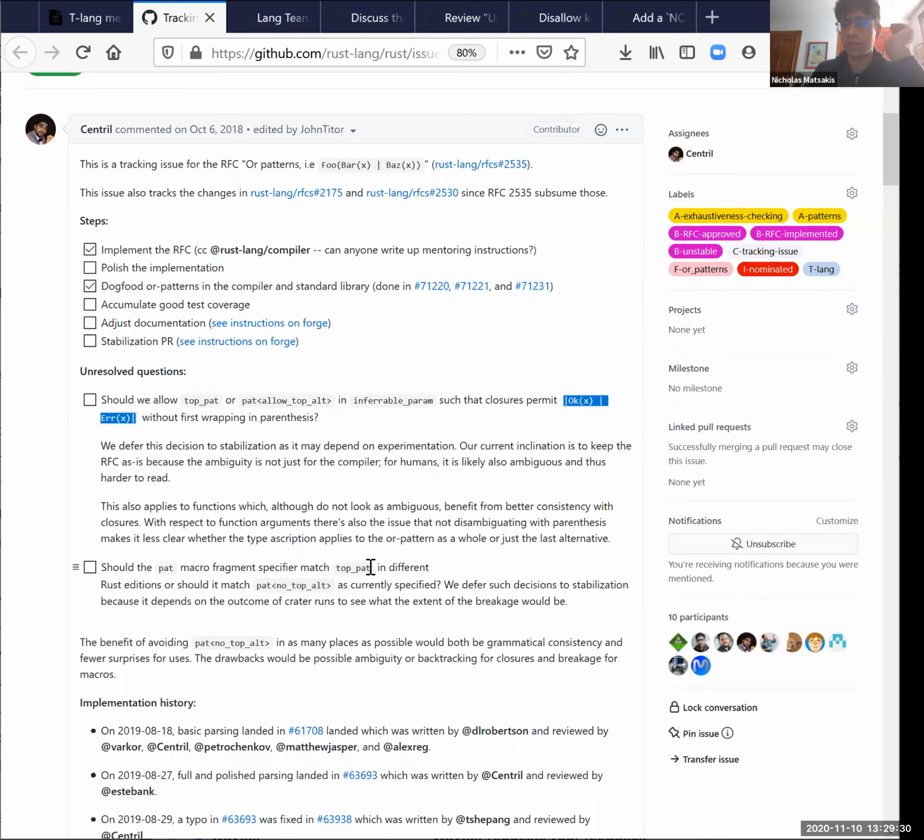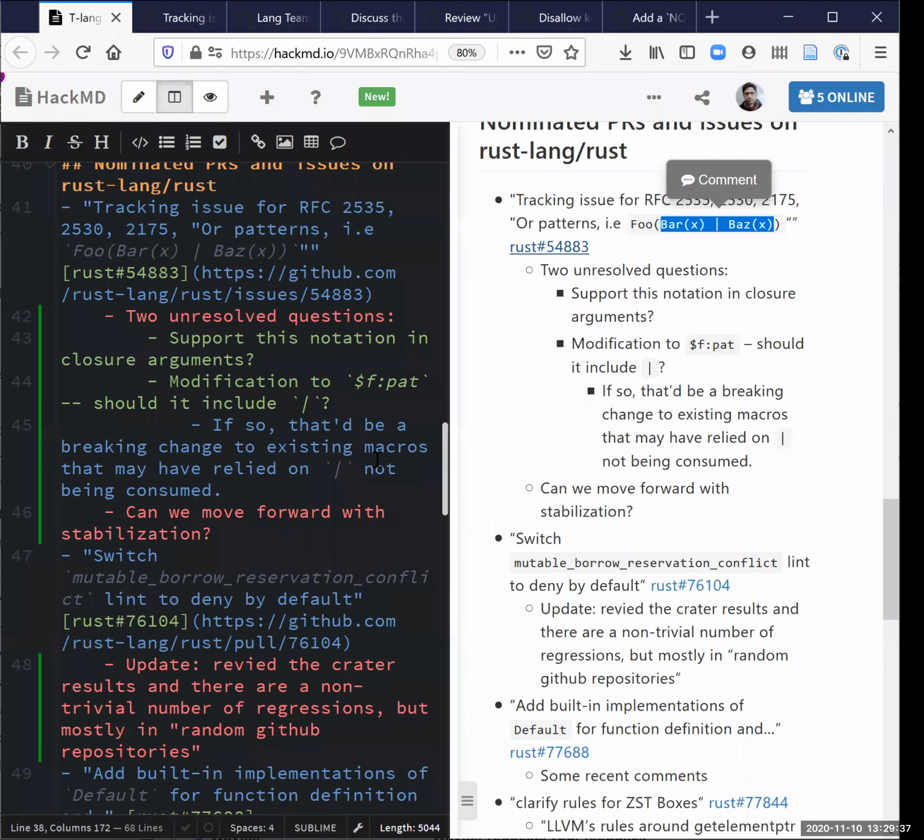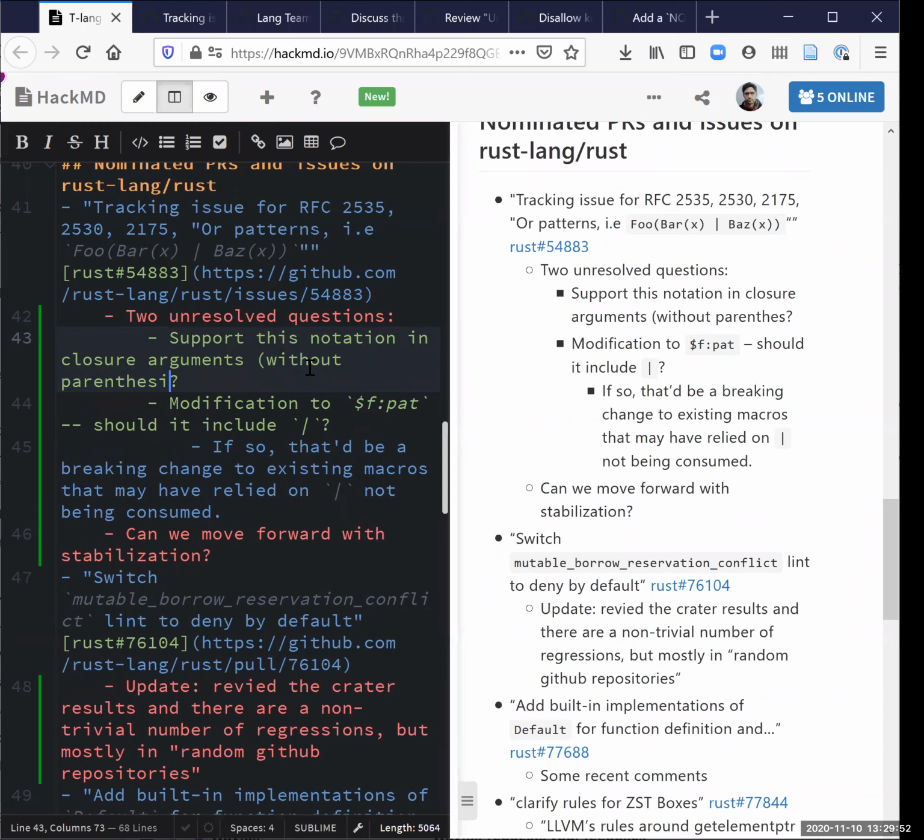My opinion is it looks pretty hard to read, since closures use bars themselves. Yeah, exactly. Also, it doesn't seem like a really popular use case. You can still do it with parentheses. Right. If you can do it with parentheses, does that also mean you can do it at a lower level of the pattern?